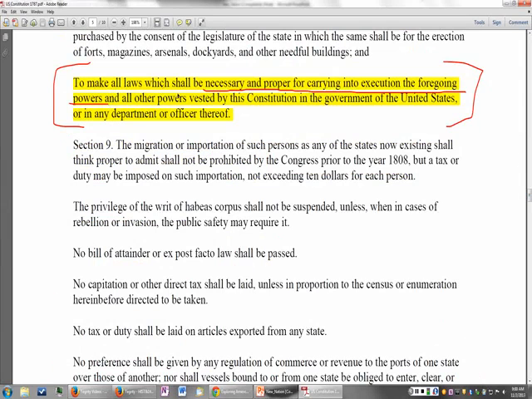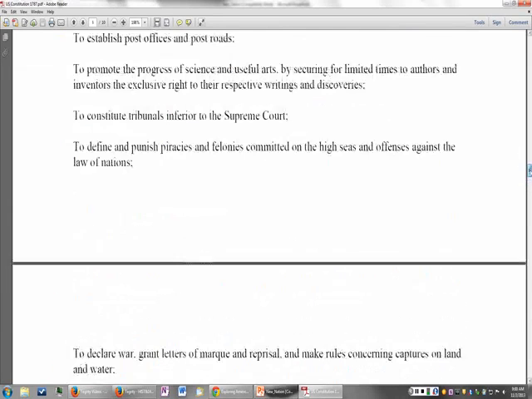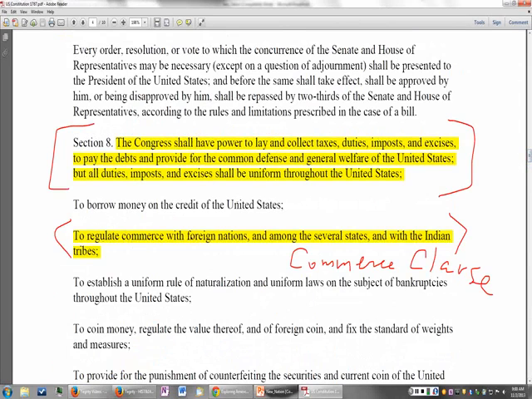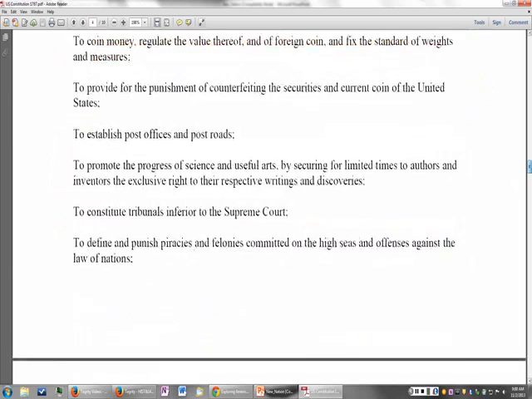He says, look, we can make all laws which shall be necessary and proper for carrying into execution the foregoing powers. And again, those foregoing powers include these general statements about regulating commerce, about even providing for the common defense and general welfare. So a very broad view of the Constitution is that you can pass anything and it's constitutional as long as the people agree and, through their elected representatives, pass through democratically and through a constitutionally mandated process laws which provide for the common defense and the general welfare. So that's one argument there.